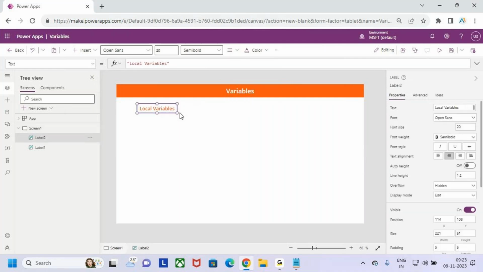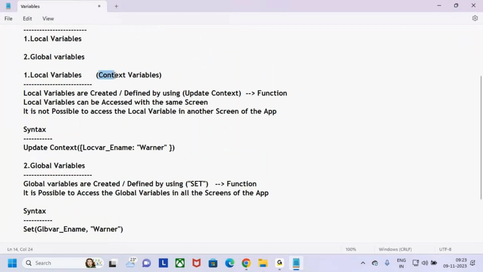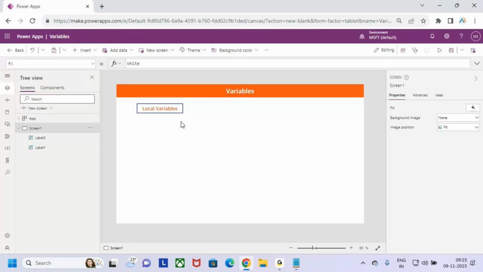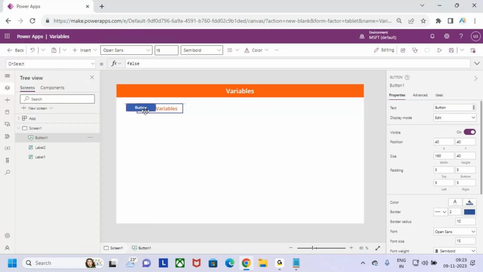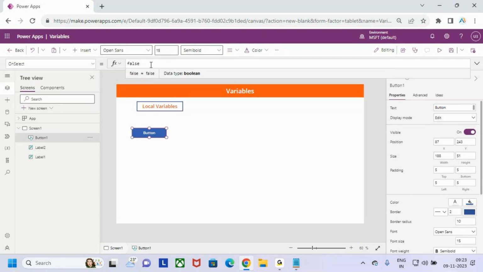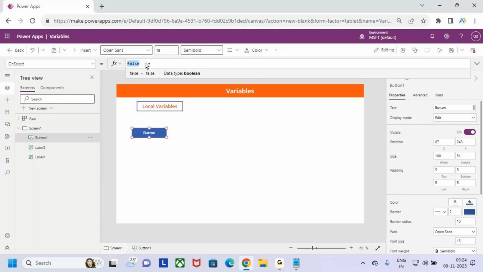Fine guys. Now let me discuss the local variables first. Keep in mind, these local variables are also called context variables. Now, how to create the local variables? In order to work with the local variables, let me bring one button. Let me add one button. Now for this button, go to the OnSelect property, currently it is false. Now here I want to declare one variable, guys. When I click on this button, I need to activate the variable. So on select of this button,